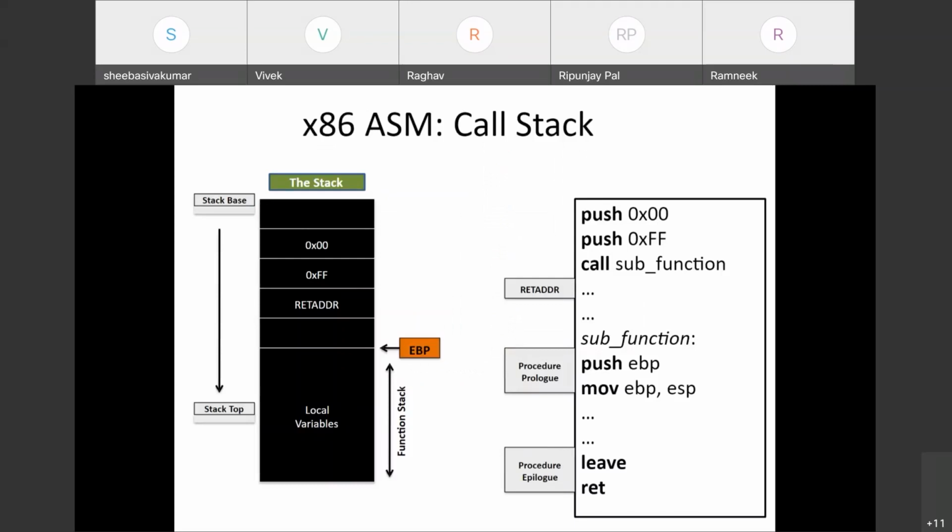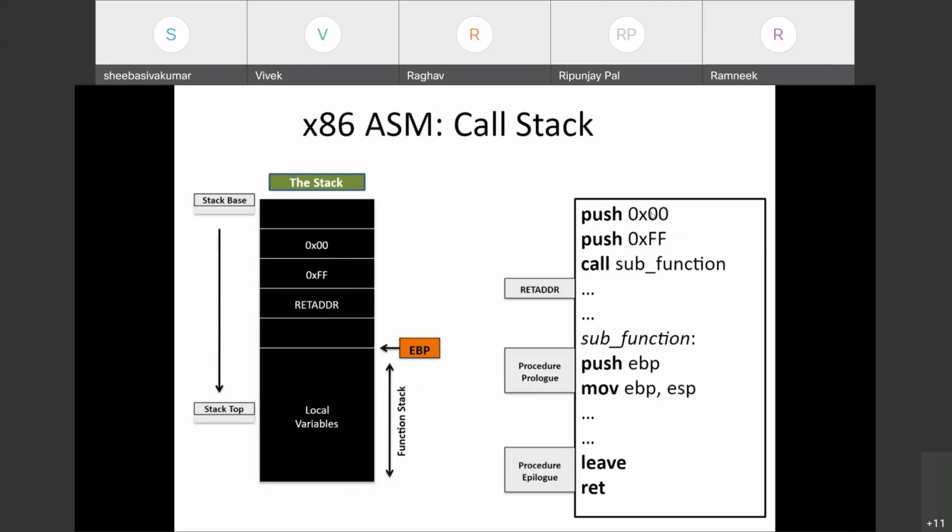Then we have the x86 call stack. On the right hand side, you are seeing the assembly instructions for the program. On the left hand side, there is the stack. Let's go through this program one by one.